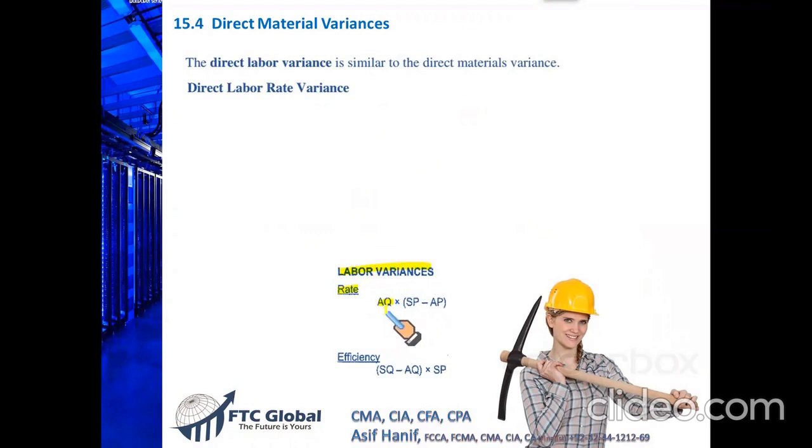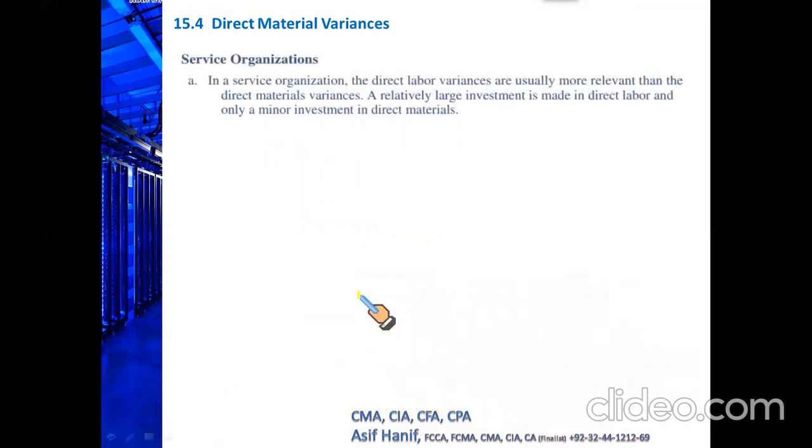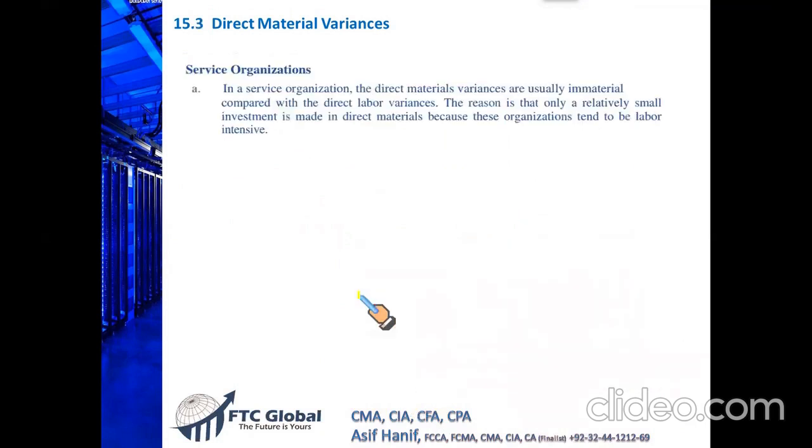Labor variances, also called the rate variances, it is exactly the same as material price variance. Actual quantity, but here actual quantity means the actual labor hours. Standard price, the labor rate, AP, the actual labor rate. And efficiency variance means SQ, the quantity of hours we should have used, actual quantity of hours we actually used for workers, and the standard rate. So formulas are exactly the same, but just it's for the labor. Now you can just directly apply this. And of course, this is something that I should have discussed, a little discussion here on service organization.